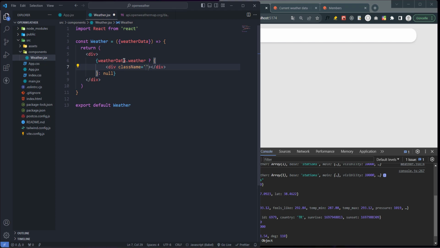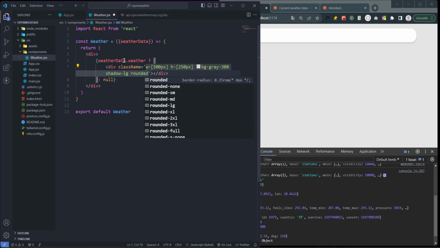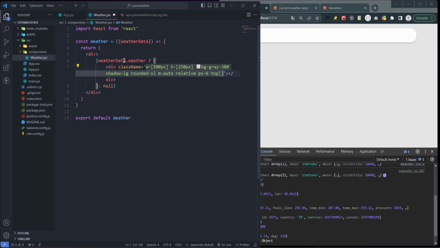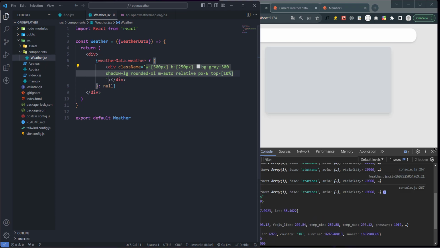class with width 500 pixel and height 250 pixel and background gray 300 and shadow large and rounded x large and margin auto and relative, and after that padding x6 and top 10%. Okay,